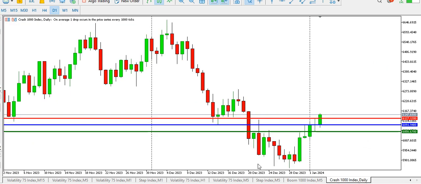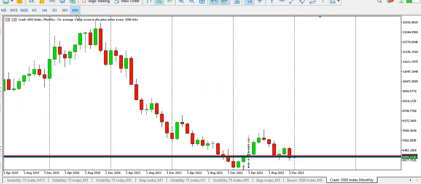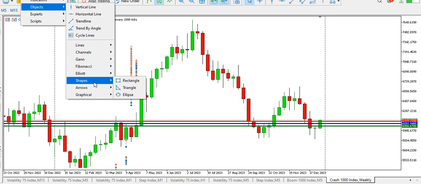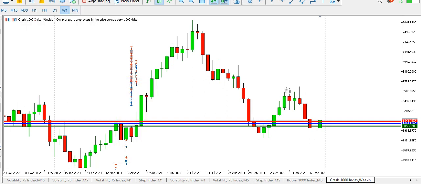Let's take a look at Crash 1000 index. On the monthly time frame, Crash 1000 index is at the bottom of the chart, which is at the support level. It's clearly a bearish structure. On the weekly time frame, Crash 1000 index is giving us a morning star candlestick pattern indicating that we might be seeing a double bottom. So on the weekly time frame, Crash 1000 index might likely go back to this order block area for us to have something like a range